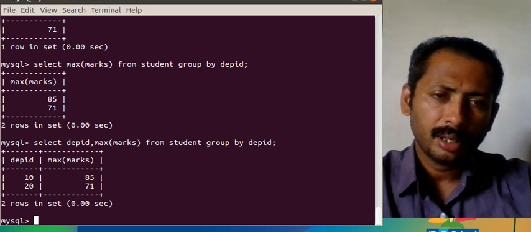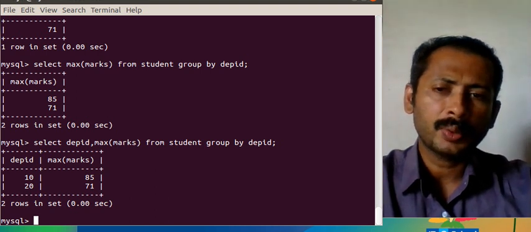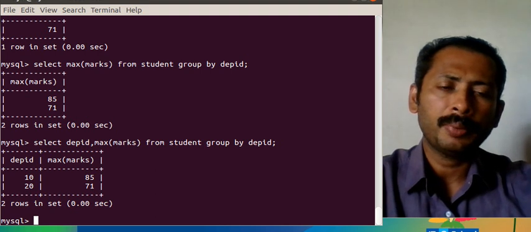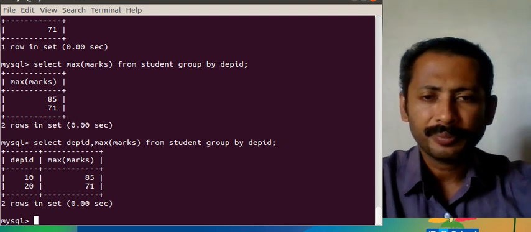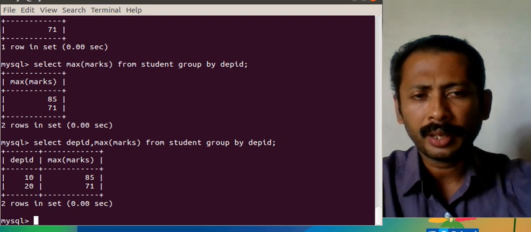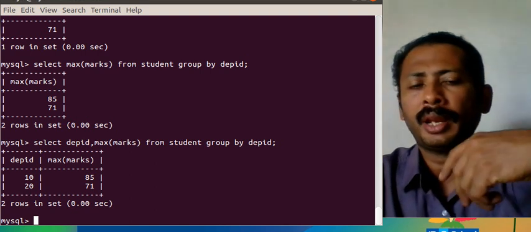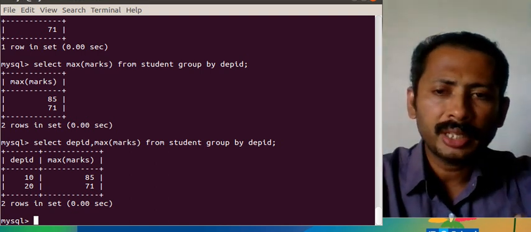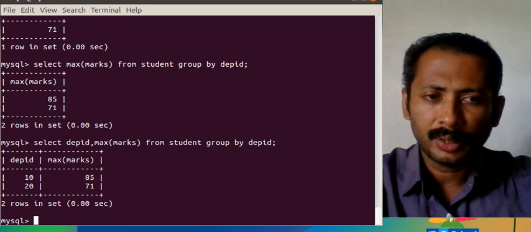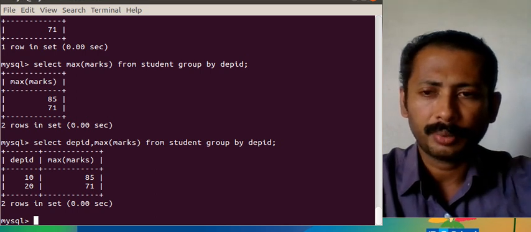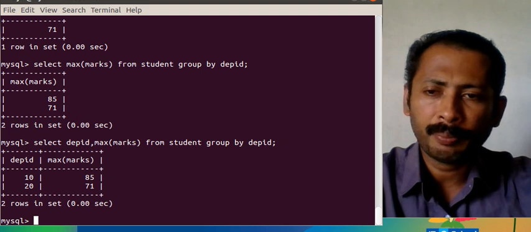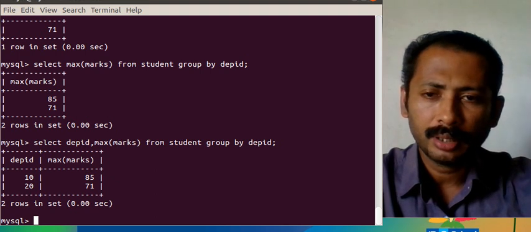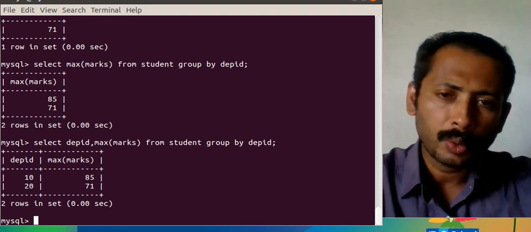Now we have grouped it depending on the DEPID, and we are applying an aggregate function on each group. So select DEPID, max marks from student group by DEPID.